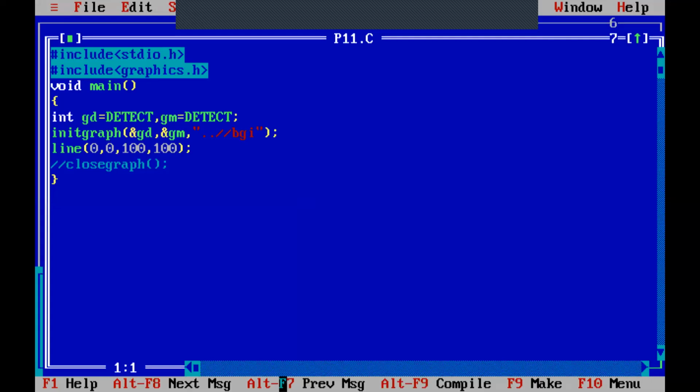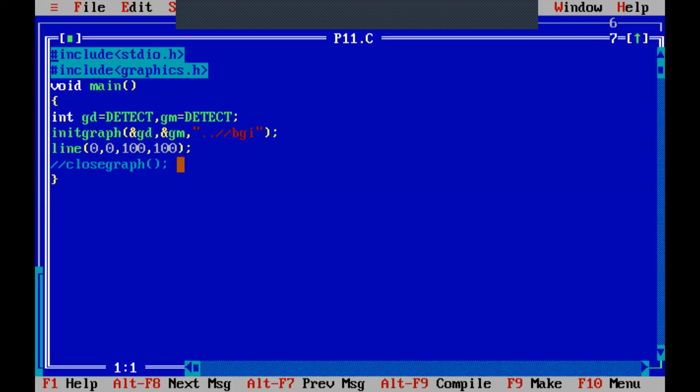Okay, so here, whenever we are running any C program, we are writing the program on this blue screen, which is called the editor, and we are getting the output on the black screen, which is called the output screen. But here we are writing the program in the editor, but the output screen is somewhat different, because here we don't want any textual output, but we want an output like a screen or a plot, where we are able to plot a line, we are able to plot a point.